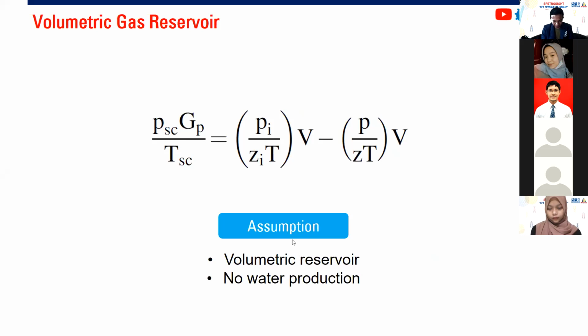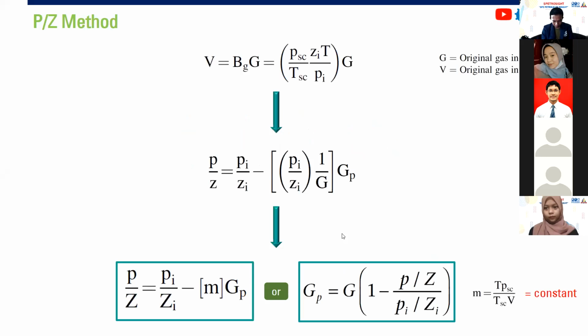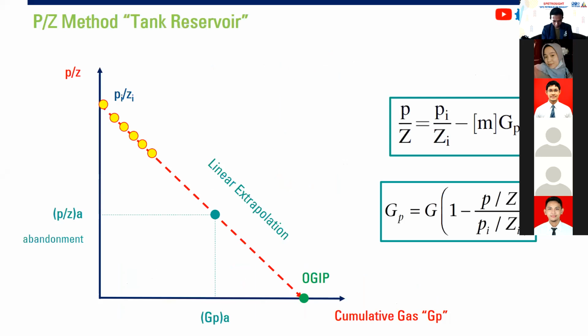The assumption: volumetric reservoir, no water production, no aquifer, no water influx, only gas. By this assumption, we can derive this mathematically so that we can have these two formulas or correlations. P divided by Z equals PI over ZI minus M, where M is a constant, times GP. Also, we can change it to this form. After obtaining this formula, we can construct a very important chart for reservoir engineers, which is the P over Z